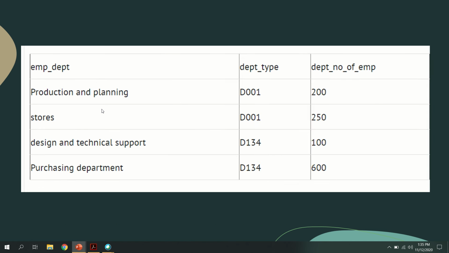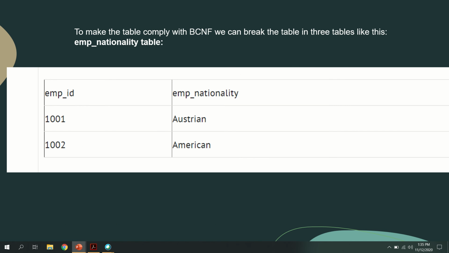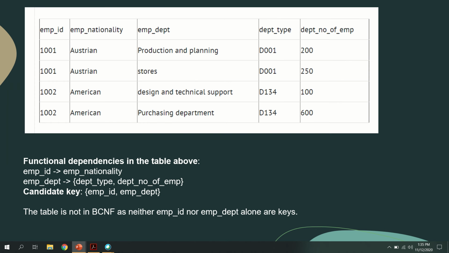That we will study. But before that, here we are simply explaining how we can make this table into BCNF. So here, what was making the problem? This functional dependency is actually making the problem, because in this functional dependency, the left side is not a super key. So how can we overcome this problem? We have to remove these corresponding attributes from this table and make it a new table.